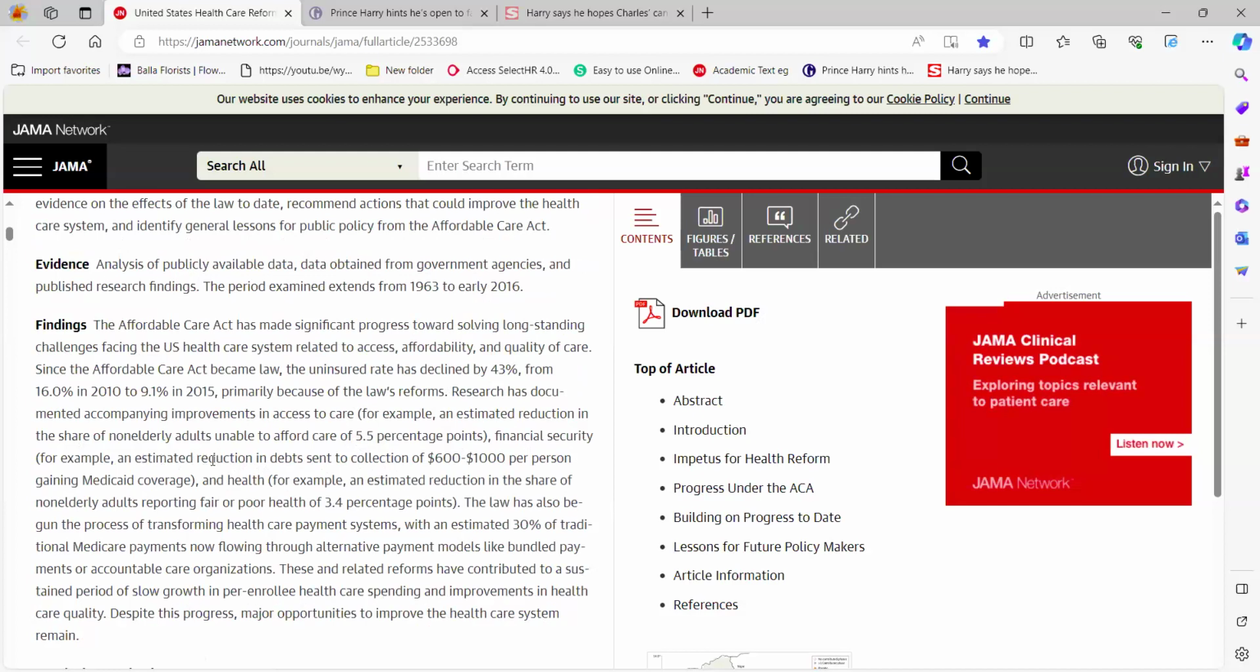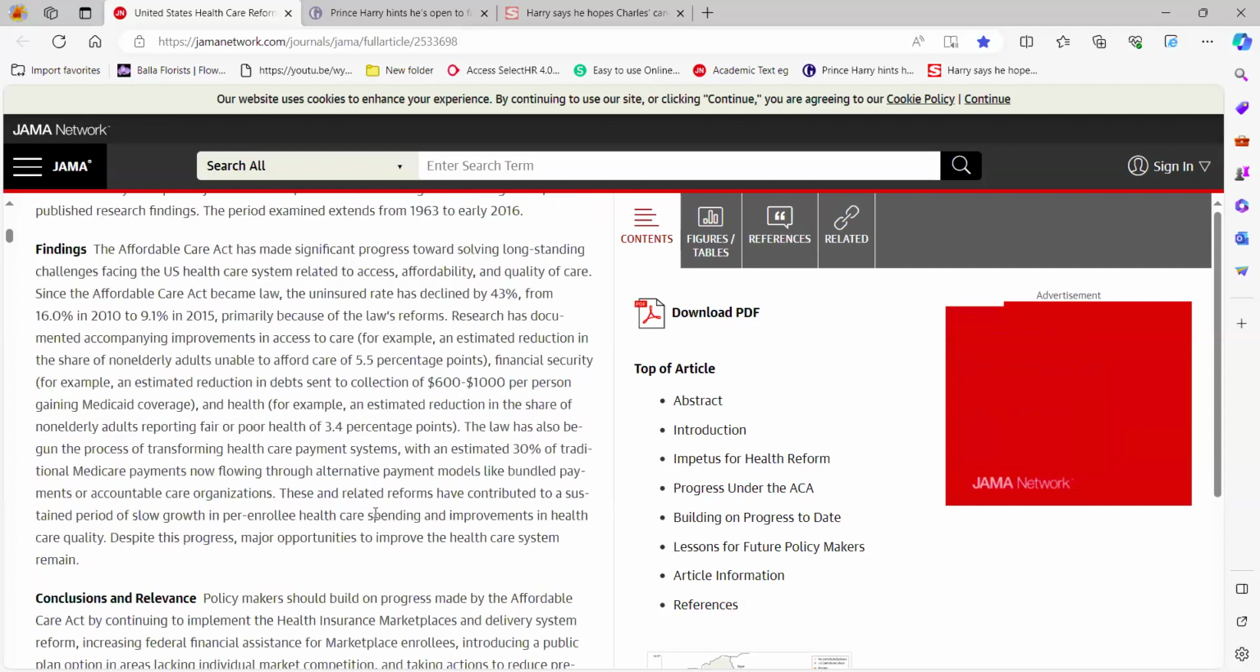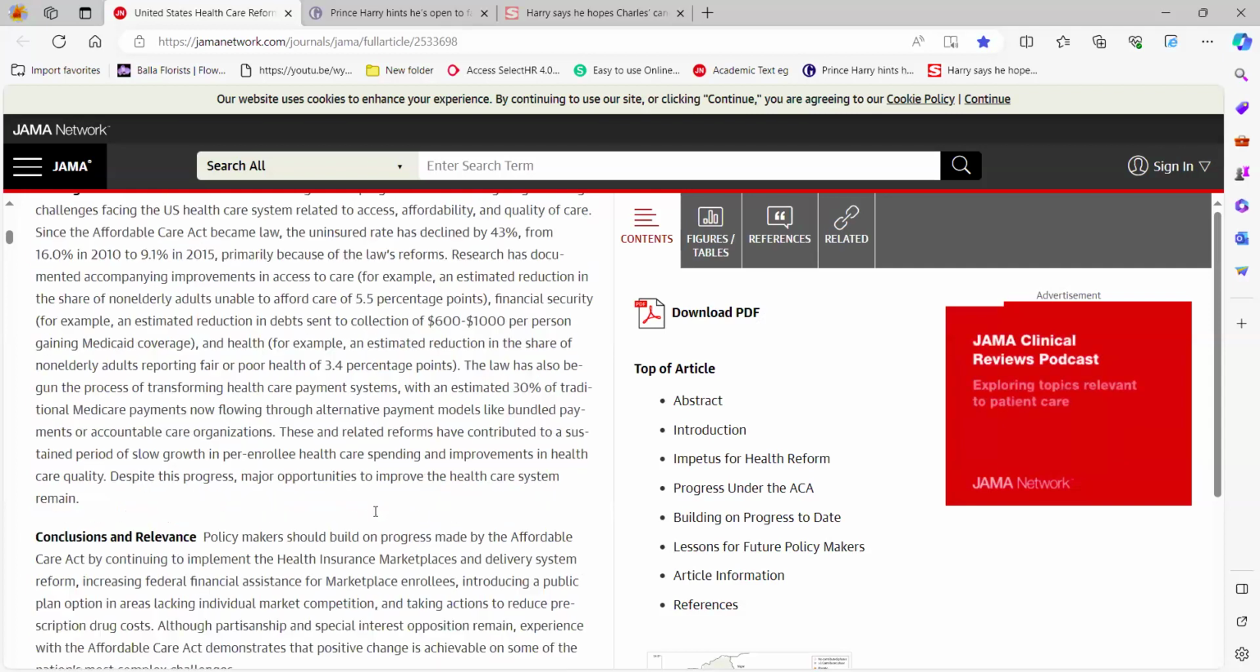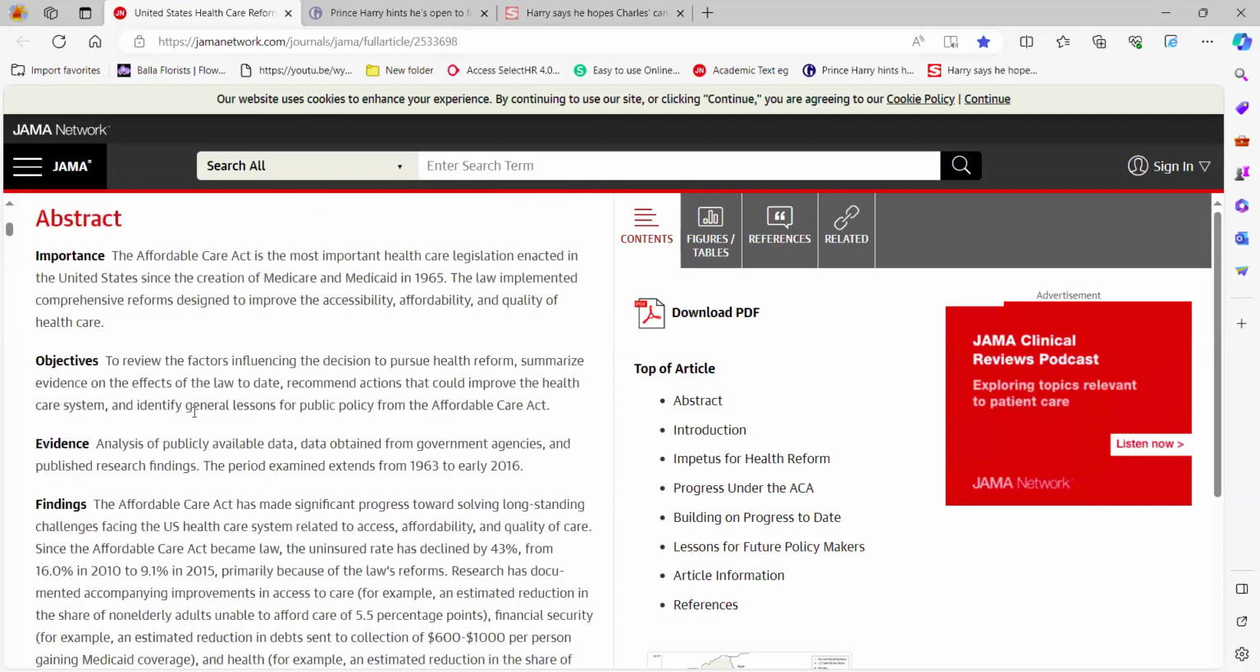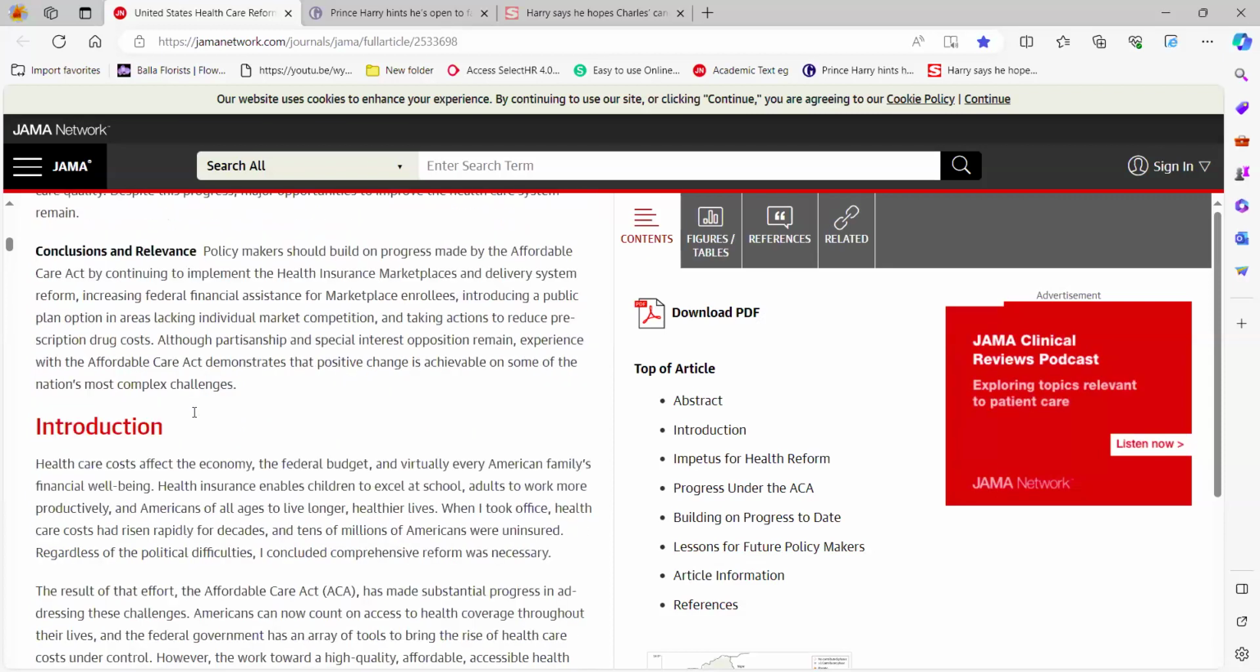So, for example, an estimated reduction in debt sector collection of $600 to $1,000 per person. So 3.4 percentage points. So we've got that numerical statistical data in there as well, which is a feature of academic texts. There's a conclusion as well. So this top part is really a summary of what the reader is going to find